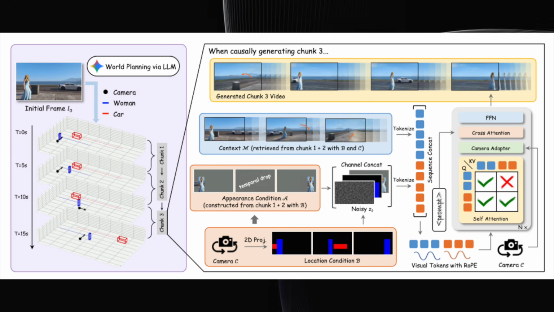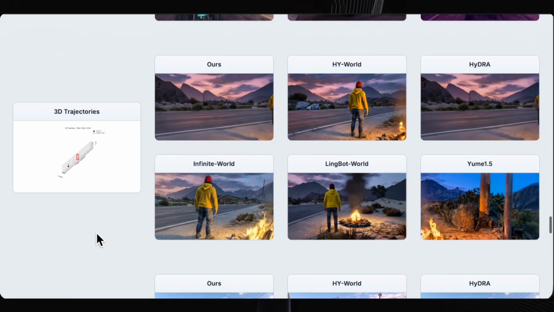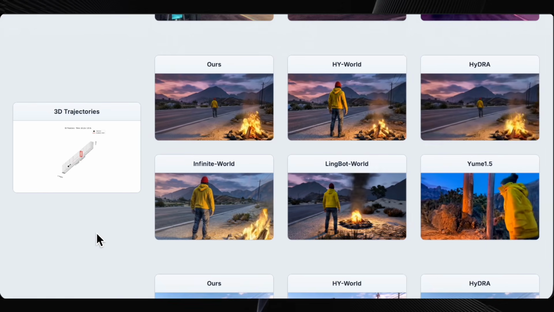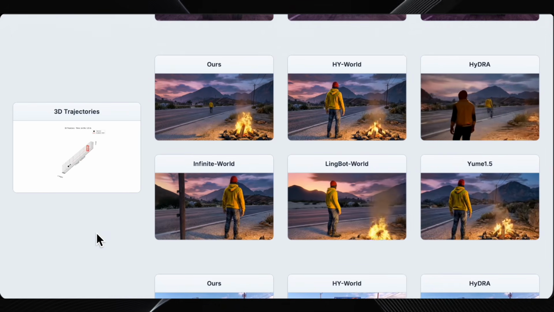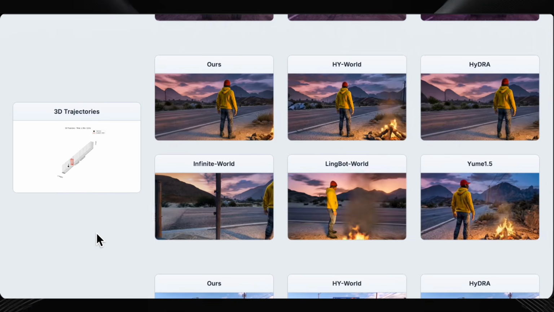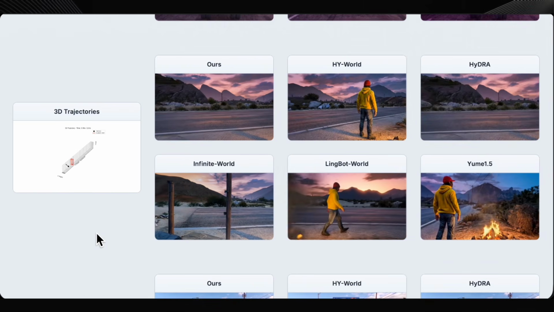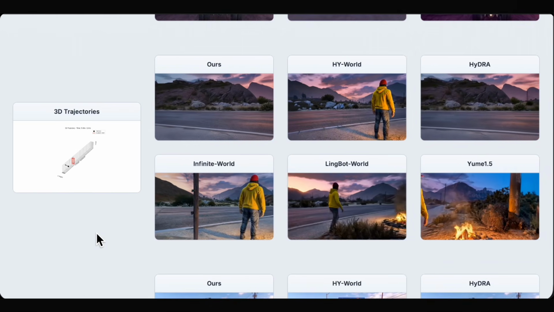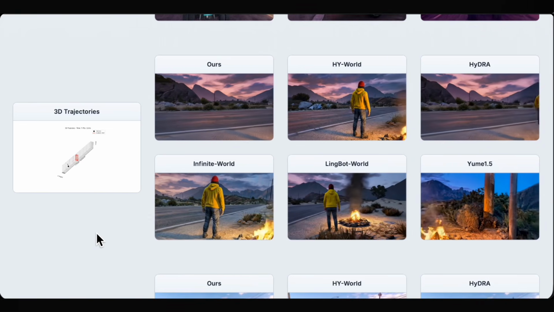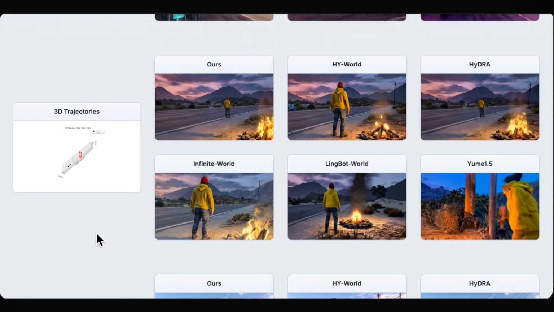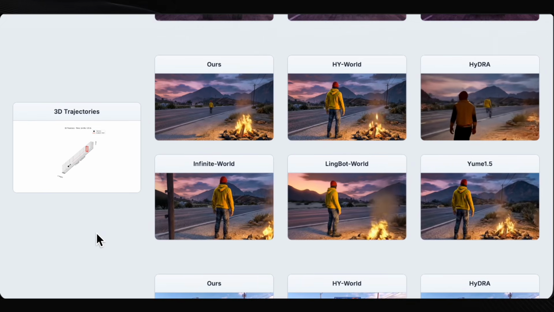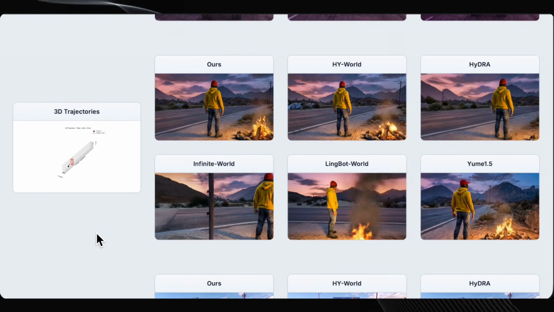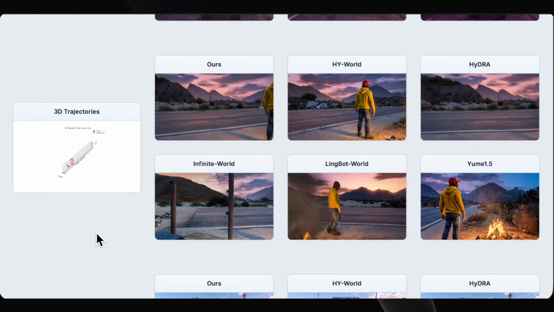When you look at the benchmark comparisons from their paper against other heavy hitters like Hunwon World, Hydra, Infinite World, Lingbot World, and Yume 1.5, it's not even a contest. The other models struggle heavily to follow complex camera instructions. They either completely ignore the path, the subjects freeze up, or they hallucinate and morph into something completely different. World Director is the only model right now that strictly obeys the user-defined trajectory while maintaining that rigorous physical logic